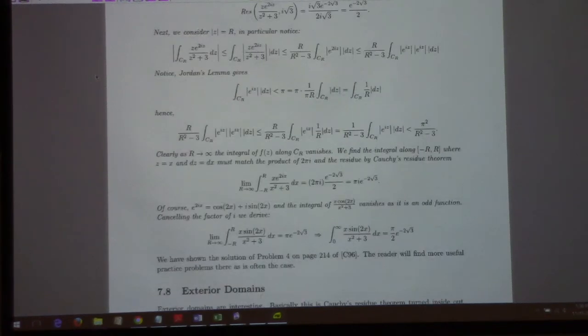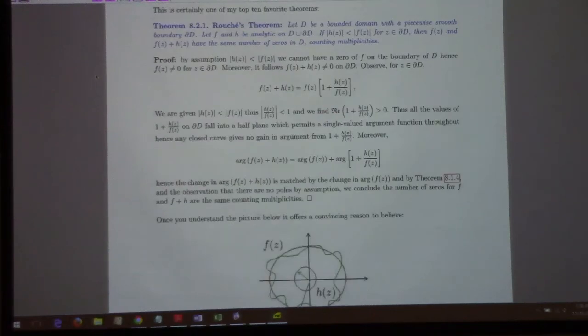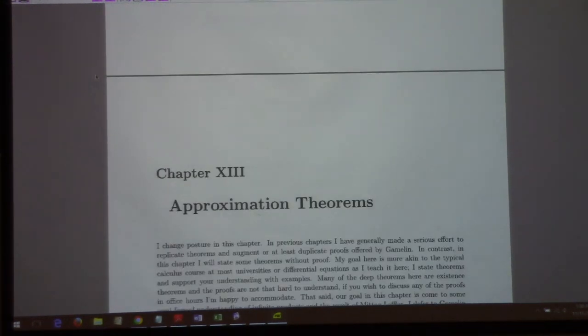Anyway, is there anything else I wanted to tell you? Whoa, what's that? Roche's theorem. I think we're